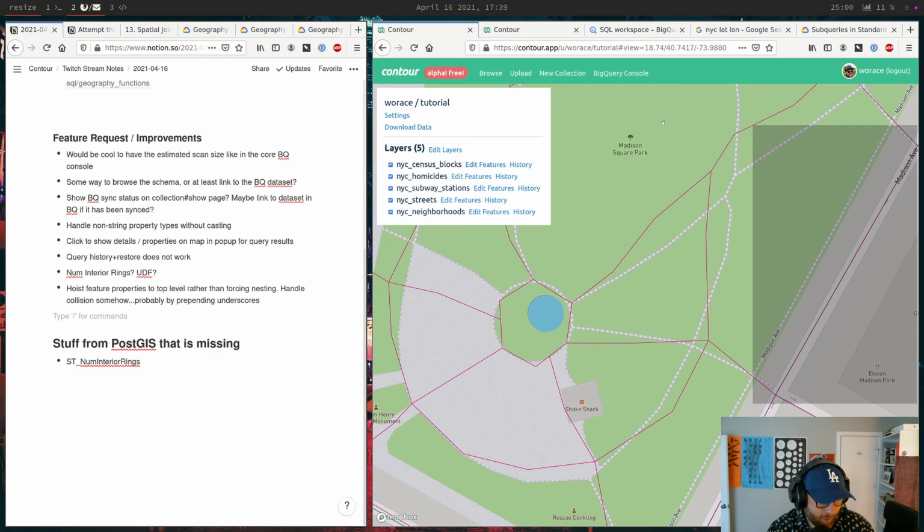But yeah, thank you, Rad But Not Bad, for stopping by. Always a pleasure. You had some good SQL tips in there. That was good. I'm going to read up more on this UDF stuff because that's a whole part of BigQuery I haven't really explored yet. I think you can write them in JavaScript somehow, but I don't have any idea what that actually entails. Anyway, super cool. Good luck, everybody.